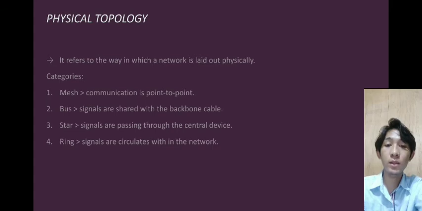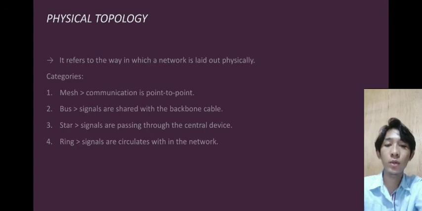A bus topology is a topology for a local area network or LAN in which all the nodes are connected to a single cable. Star. Signals are passing through the central device. A star topology is a topology for a local area network in which all the nodes are individually connected to a central connection point like